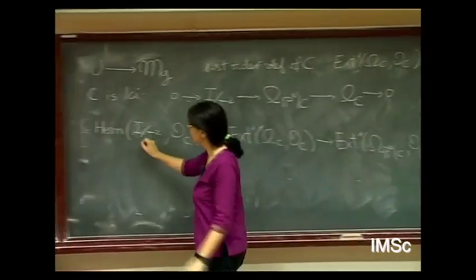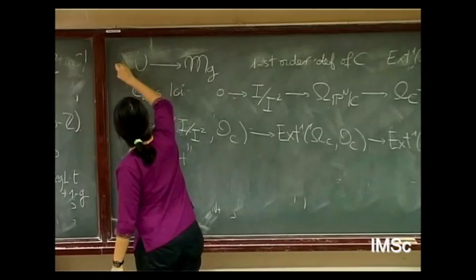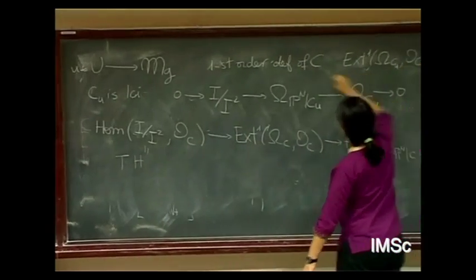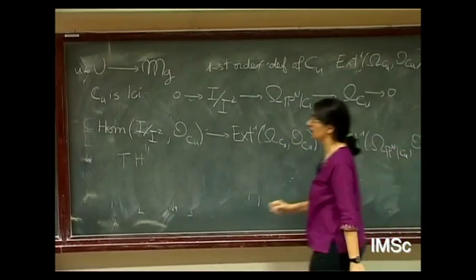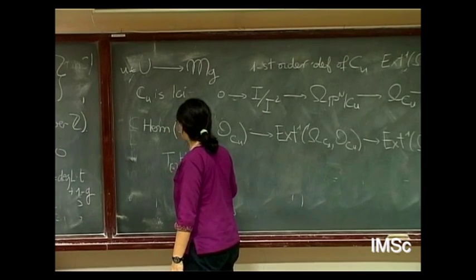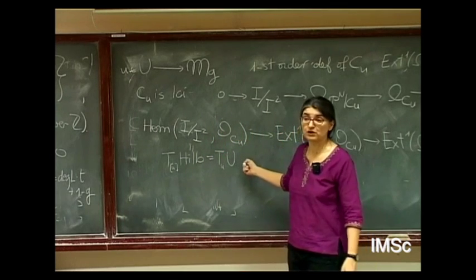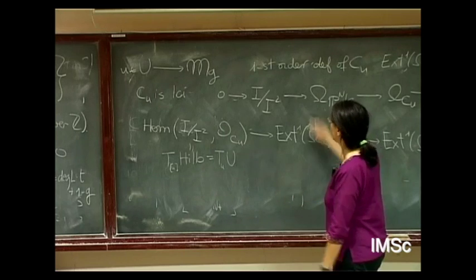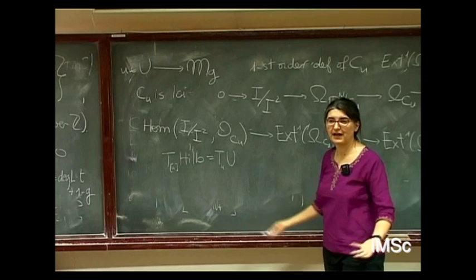So this is the tangent space to the Hilbert scheme. Sorry, take a u in U, and this is true for any such u, not necessarily the one I started with. So this is the tangent space at u of the Hilbert scheme, which is also equal to the tangent space of U because U is open. This is more or less by definition of first order deformation; this is the tangent to the stack.